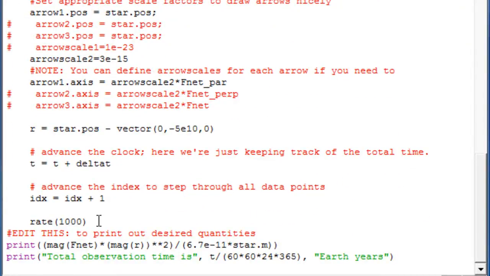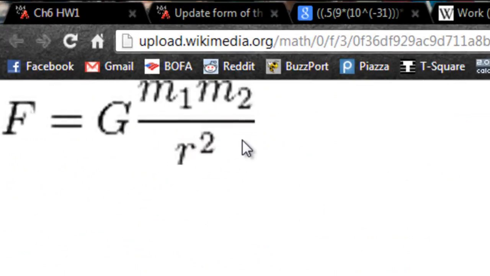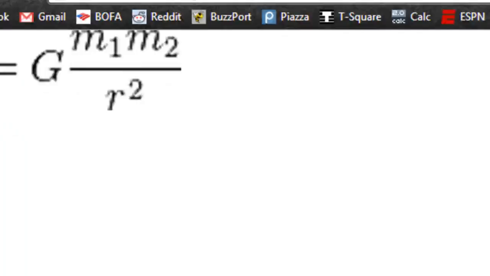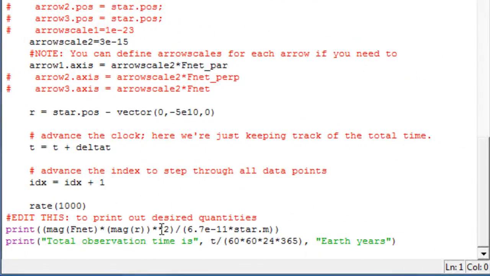So here's pretty much everything. In this final equation, there are two things that I'm going to print out. I have the magnitude of the force times the r in this equation right here, the magnitude of the r vector squared, over big G times the mass of the star, and this is going to give us the mass of the black hole, so that'll print out. And I also print out how many Earth years we looked at over the time interval. So when we run this code,